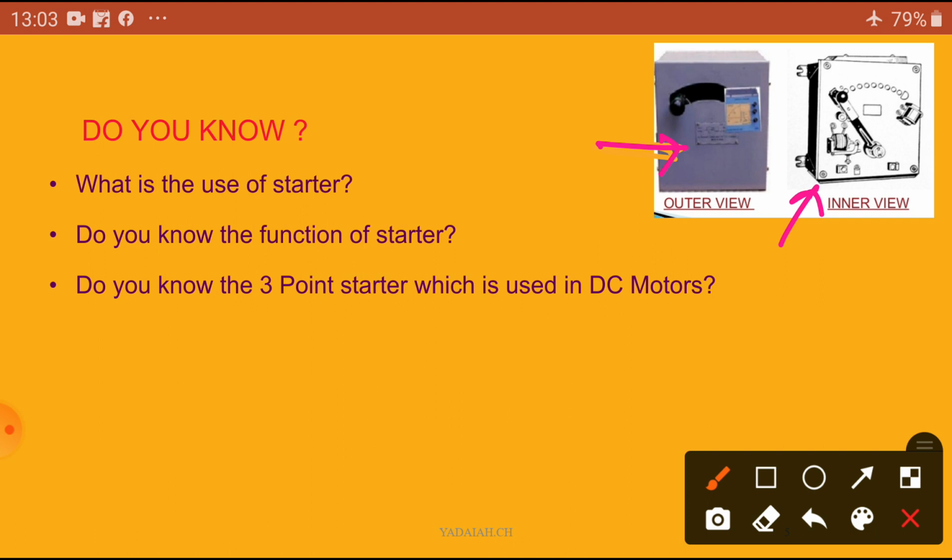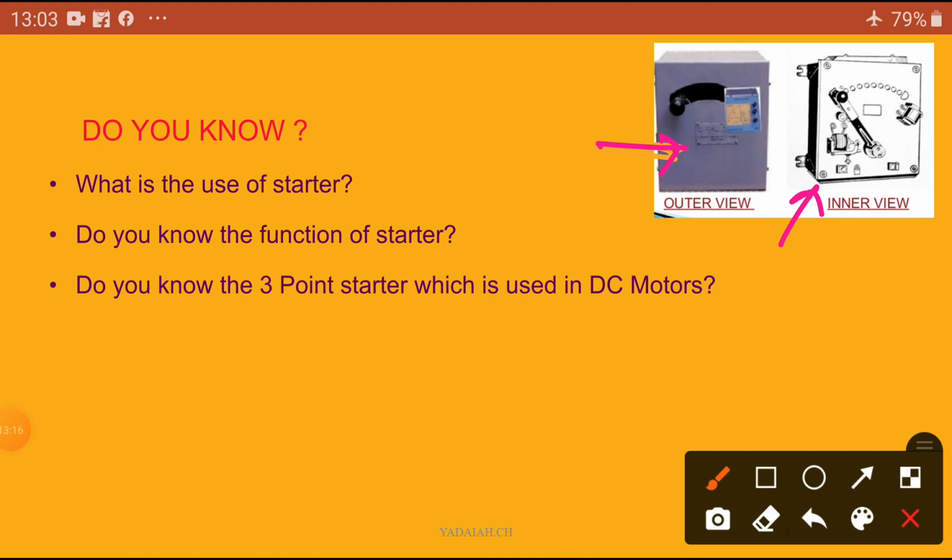Now coming to the AC side. On the DC side, we used only 3-point starters and 4-point starters for DC motors. Now coming to the AC side, we are going to use motors, and AC motors are of different types, mainly induction motors. We are going to use the AC starters only in this case.